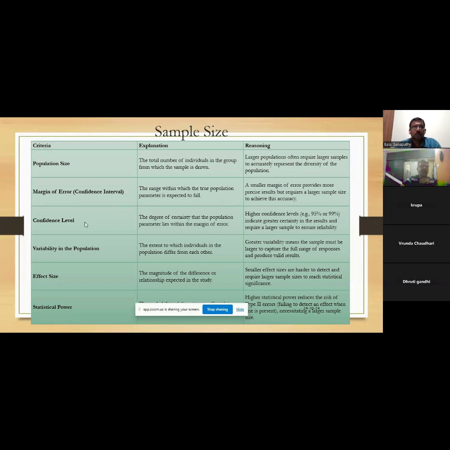Okay, confidence level. This is the degree of certainty that the population parameter lies within the margin of error. That's what it is. So I have given you the range 27 to 33. 30 is the midpoint. My result will come within this range. Now, if I do a sampling,